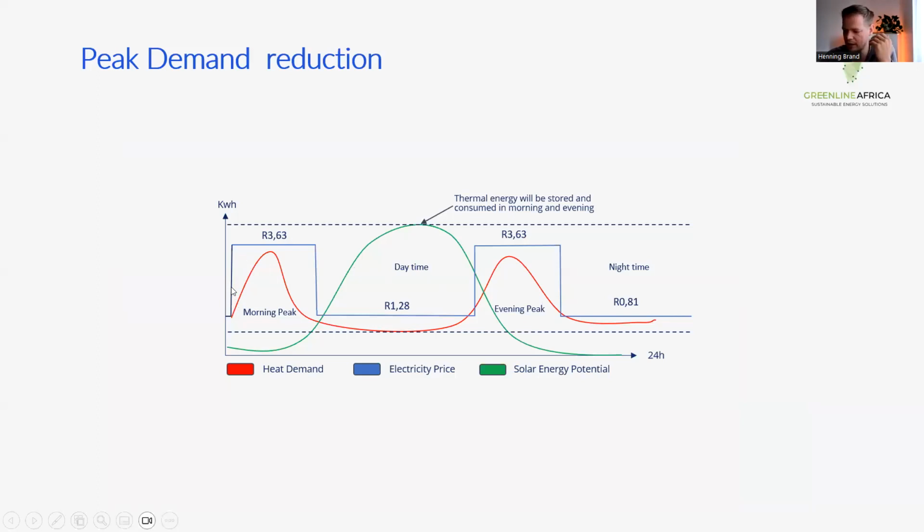So what that allows us to do with solar thermal, or with renewable thermal in general, is this: instead of adding electricity batteries, which is the equivalent when you're working with PV, in solar thermal we add storage tanks. And if you upsize those, you can actually reduce this peak. You produce the energy during the daytime, and you store it in these big thermal storage tanks, and you can release it in the evening times. And then you can charge again at nighttime. Normally you can use a heat pump of sorts to charge the thermal storage at nighttime.